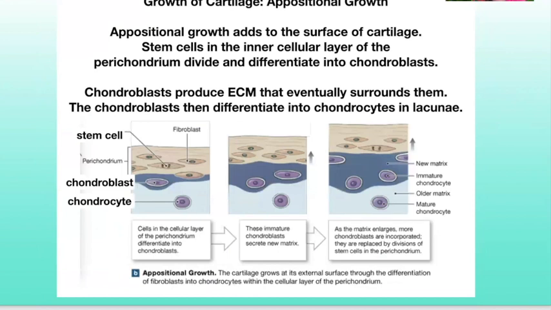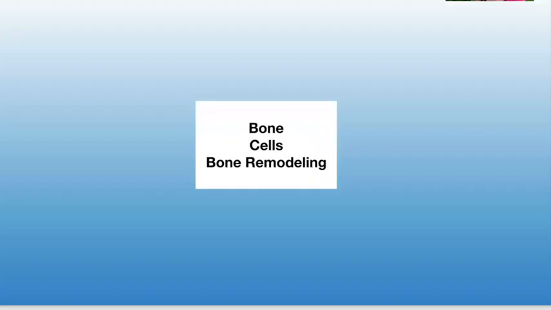Appositional growth adds to the surface of cartilage. Stem cells in the inner cellular layer of the perichondrium divide and differentiate into chondroblasts. And then the chondroblasts produce extracellular matrix that eventually surrounds them. Once the chondroblasts are completely surrounded, they then differentiate into chondrocytes within lacunae. So that